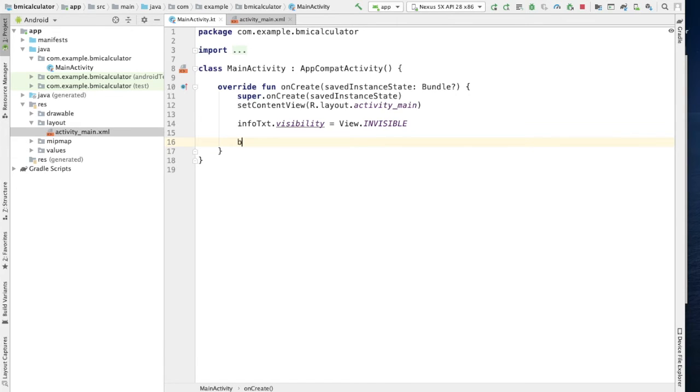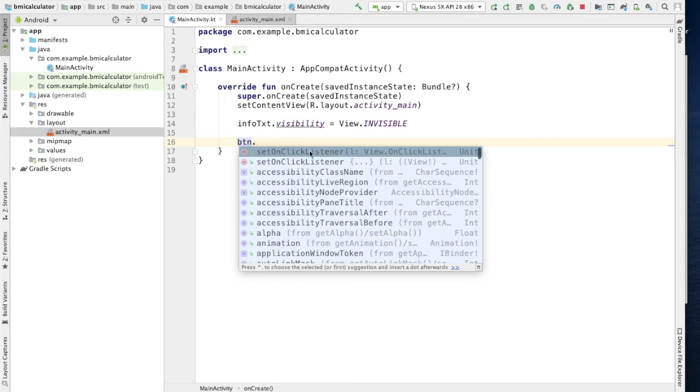So we're going to do btn dot set on click listener. I clicked too fast. Let's go back again. If you do dot, you're going to see that a lot of things are available, and we need set on click listener, and we want the second one that has the curly braces,